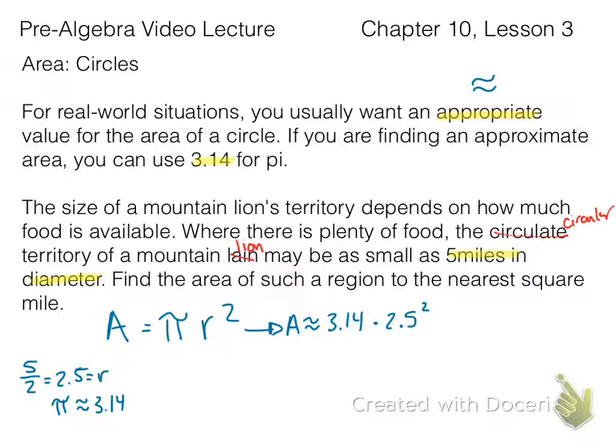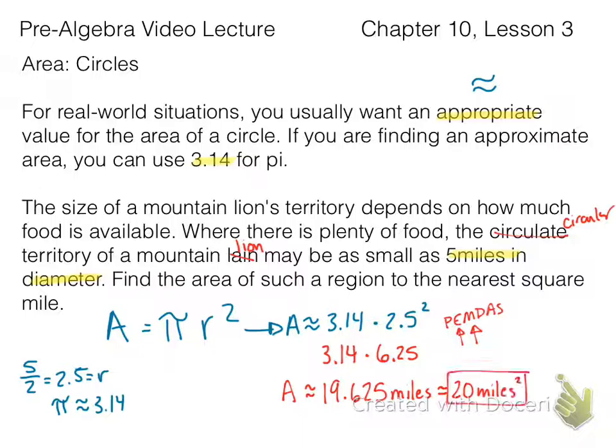Now remember, we do PEMDAS here, so we're going to do the exponent first, so 2.5 squared, which is 2.5 times 2.5, and then we're going to multiply that by 3.14, which is the approximate value for pi, and that's going to give us an area that is approximately 19.625 square miles. But since they wanted it to the nearest square mile, we are going to round 19.6 up to 20 miles squared. So there you go. That's the approximate region, territory, or area of a mountain lion who has a diameter of 5 miles as their